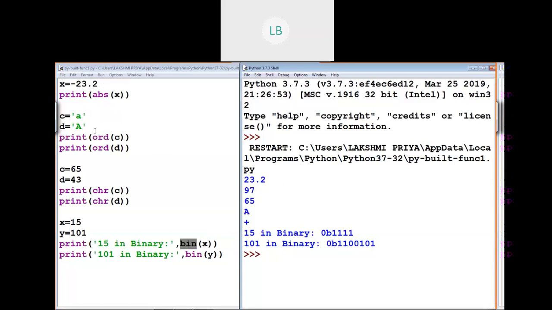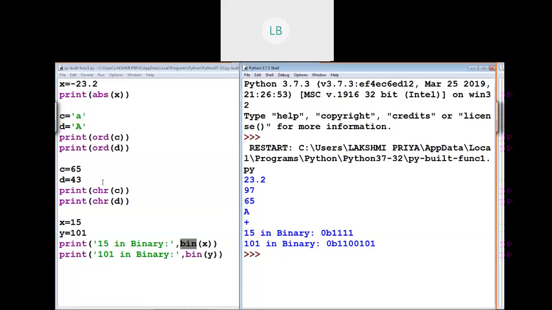And we have c equal to lowercase a and d equal to uppercase A. So the ASCII value for lowercase a is 97. The ASCII value for uppercase A is 65. So you can see the ASCII values as the output if we use the ord function.